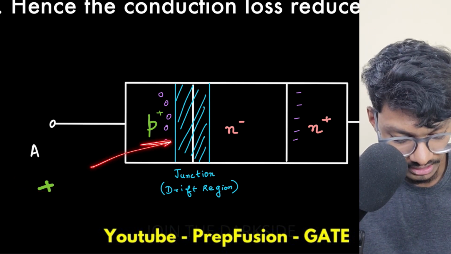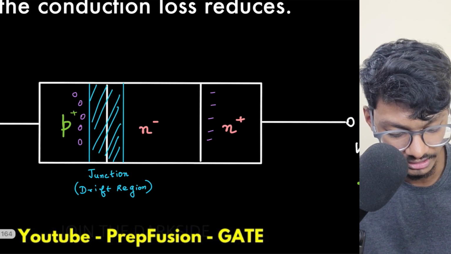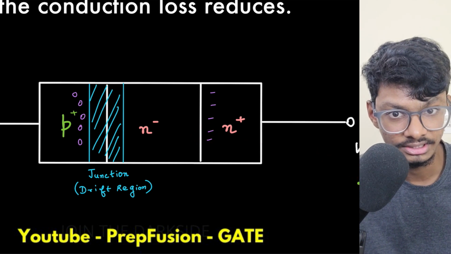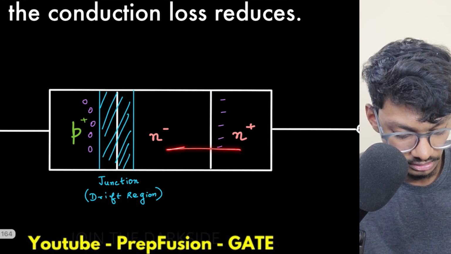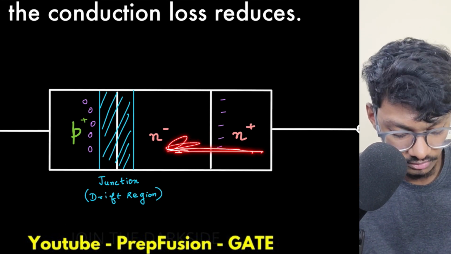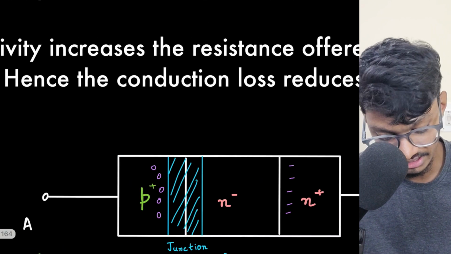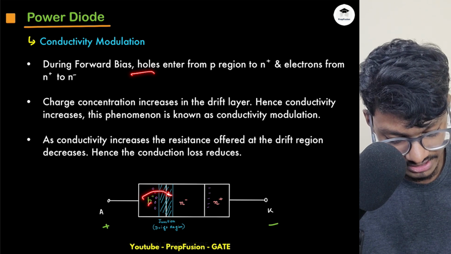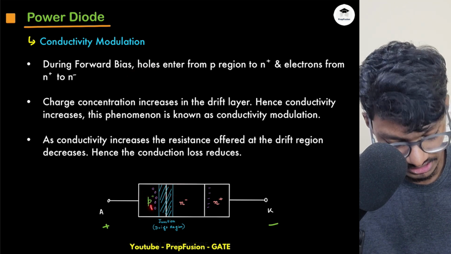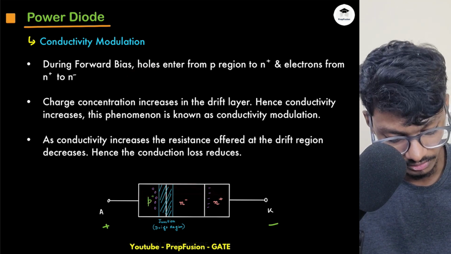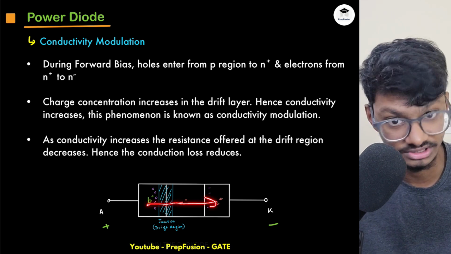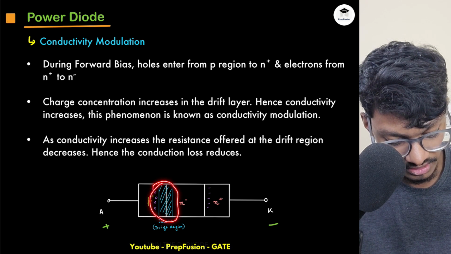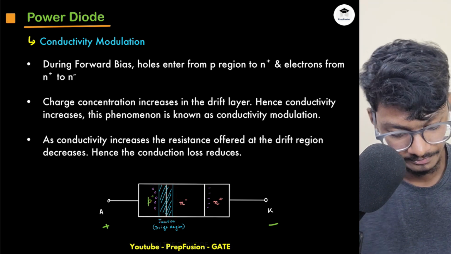So holes will get repelled, so they will try to flow in this direction, and electrons, again, this is negative and this is also negative, so they won't get attracted. They will get repelled, and electrons will flow in this direction. So this is telling exactly the same thing. Holes enter from the P region to the N plus region, because they can easily pass through this, as this is forward bias. Now there is no depletion, the depletion width will be very low in the drift region, and